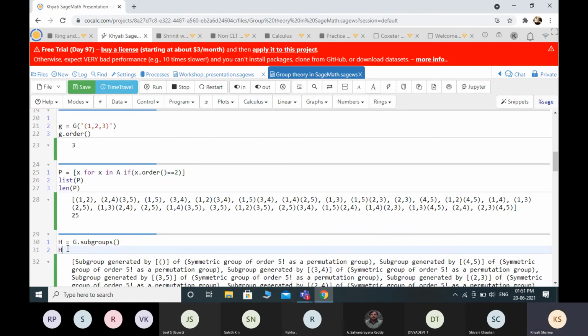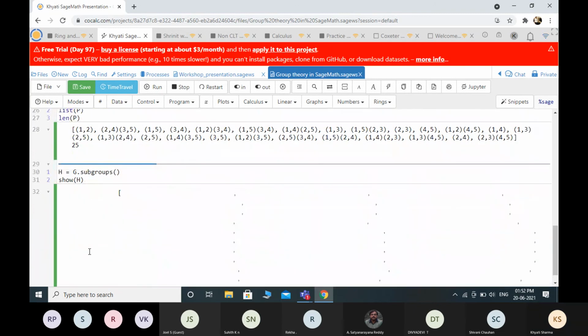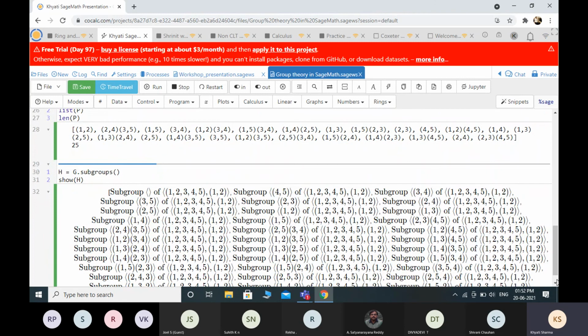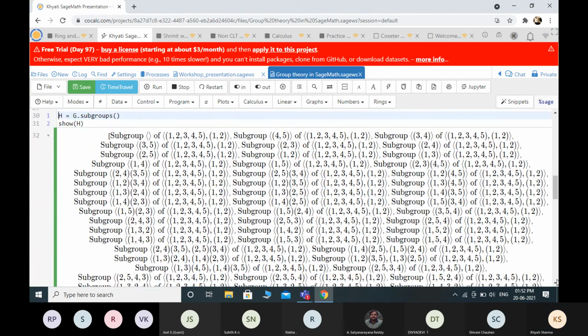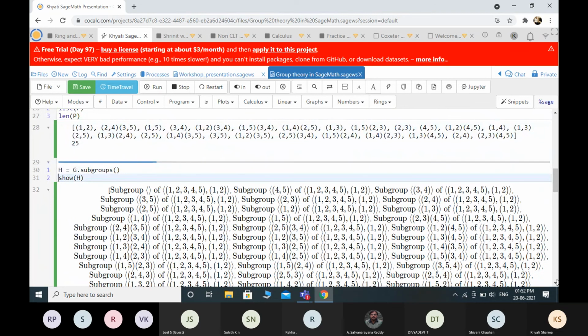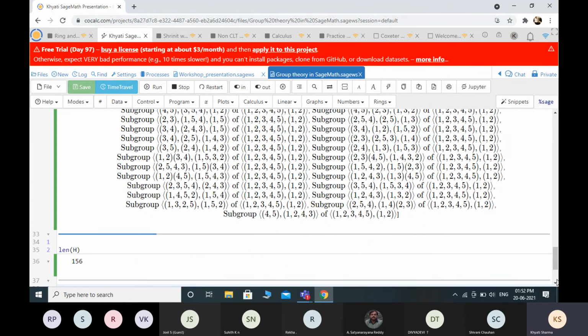Or in some nice way, if we want to see, show H. So these are all the subgroups of this group S5. So can you count the length, LEN? Yes, sir. Again, we can find out the length, len H. It will give how many subgroups there are. So there are 156.